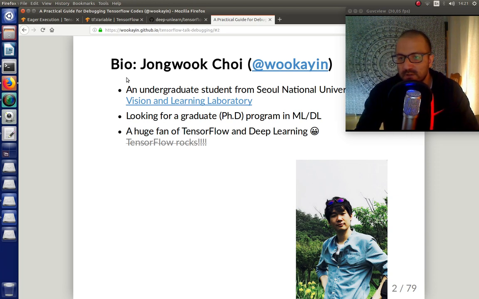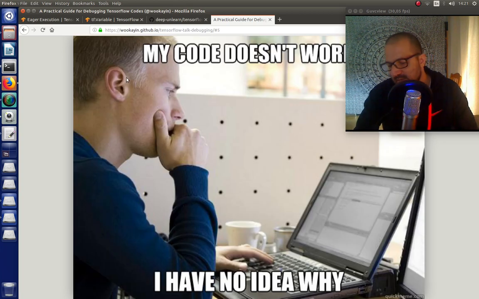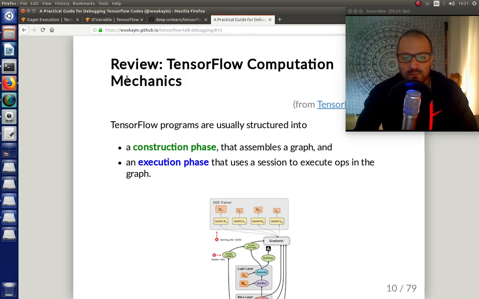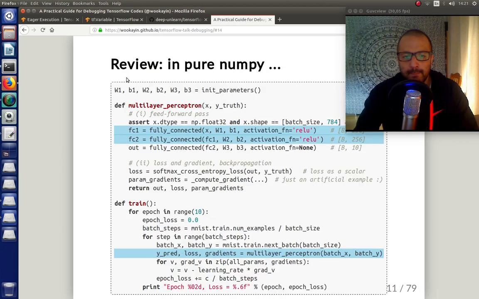This is very interesting if you don't want to use the tool that I just presented, and you just want to go with standard TensorFlow mode. And he has a very detailed presentation on all the different ways you can do